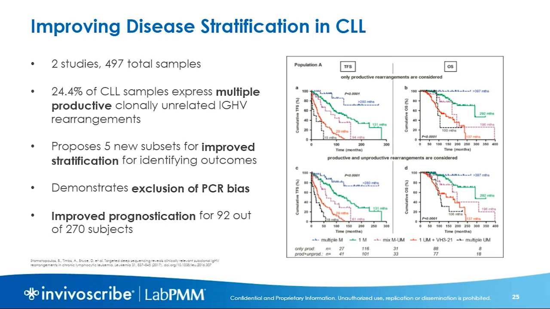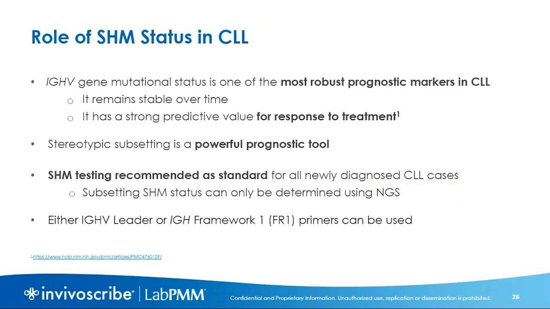This led the authors to propose 5 new subsets that clearly show a better stratification of patient outcomes. These results demonstrate the power of NGS when it comes to identifying patient outcomes and the ability to select certain treatments. In summary,